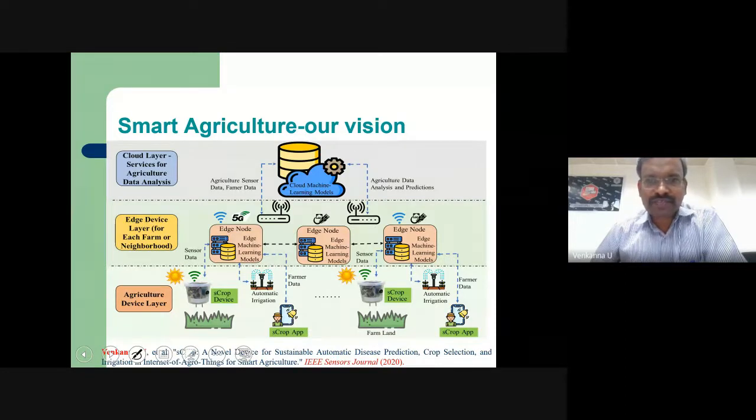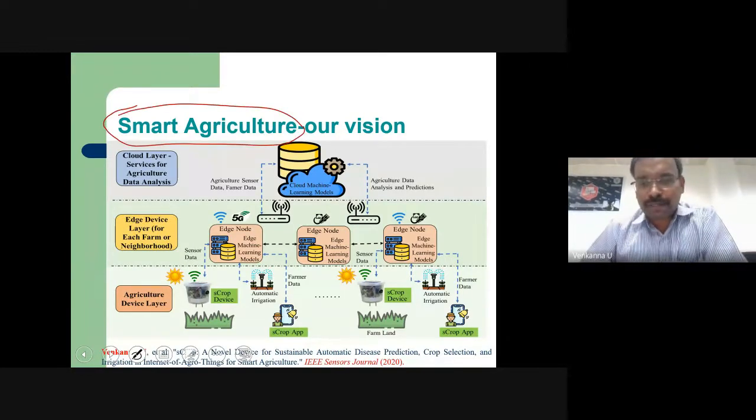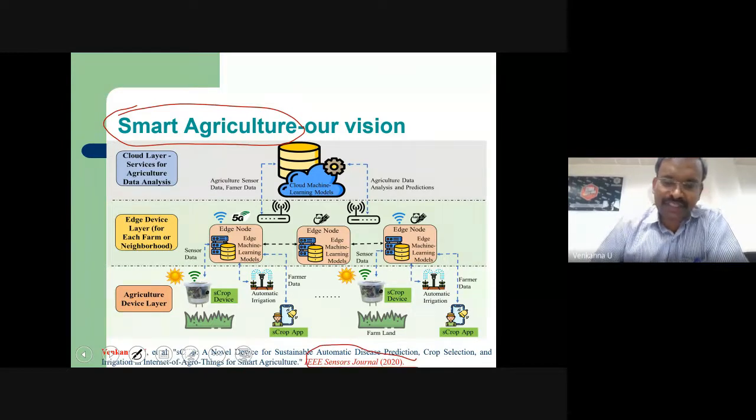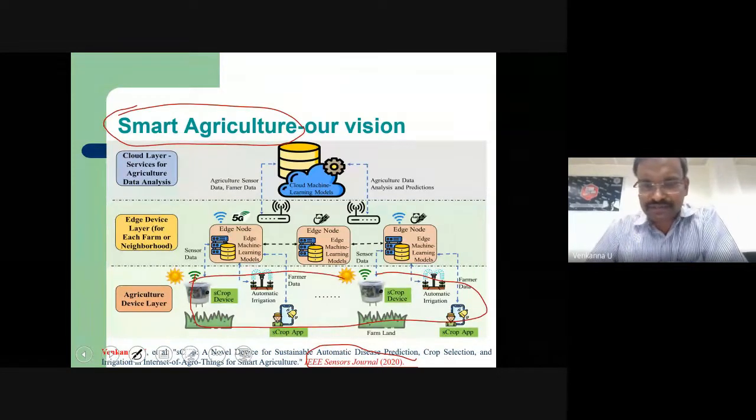As we said, a good application of IoT is smart agriculture. This paper we published in the IEEE Sensors Journal a year ago. What is our vision here? We are going to deploy IoT nodes in the agriculture field.